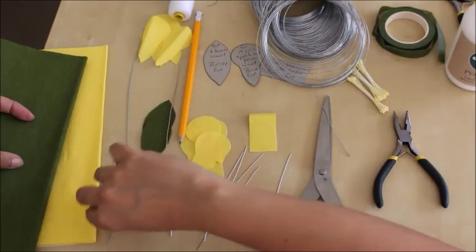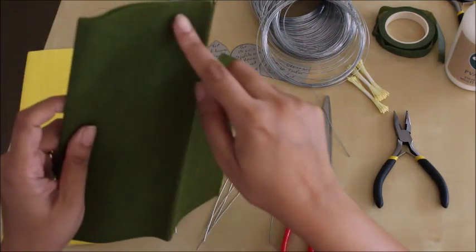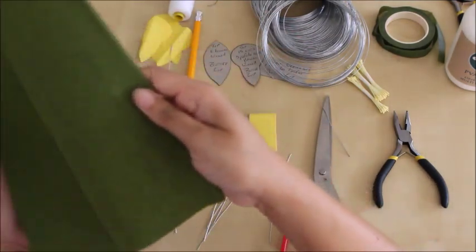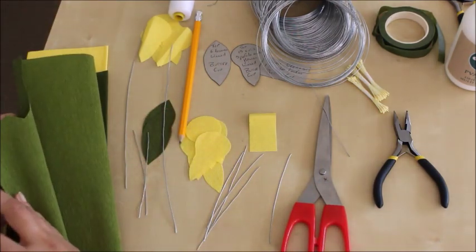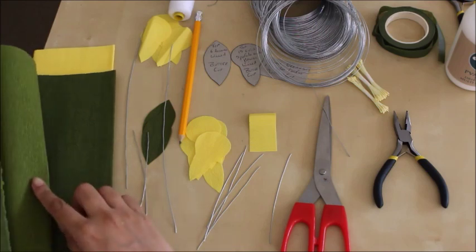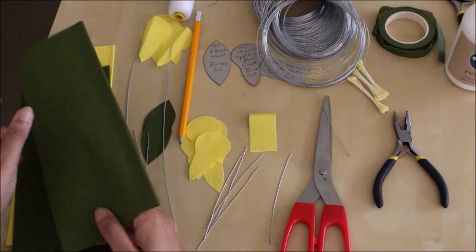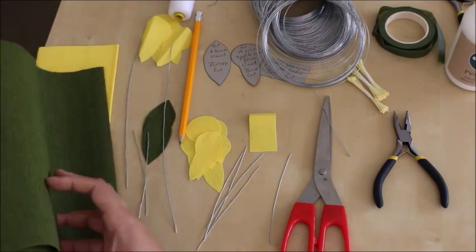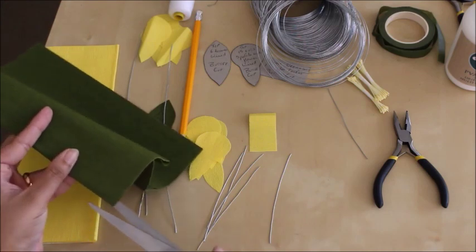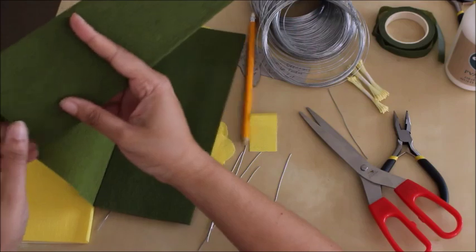Now, for the 2 leaves, I've got 2 pieces of wire over here. I'm going to cut a thin strip of my crepe paper roll. What I'm using here is a double-sided roll of crepe paper. Like you can see, it's a slightly lighter green on one side, a dark green on the other side. So it adds a little bit of variety to the end product. All right? So I don't want to waste a whole bunch of it. I'm just going to snip it off on one fold